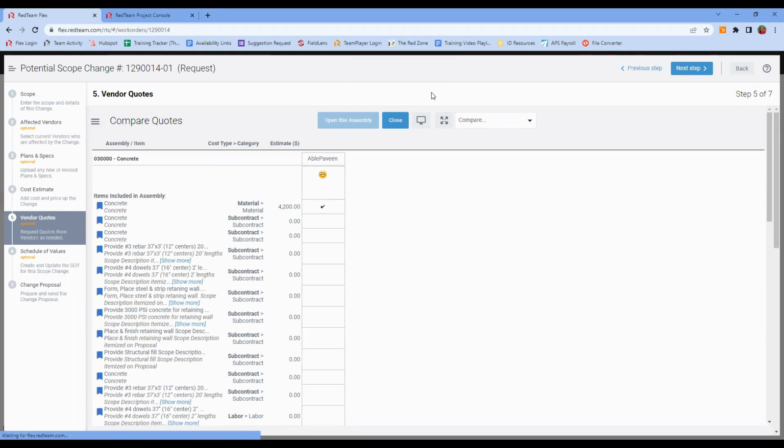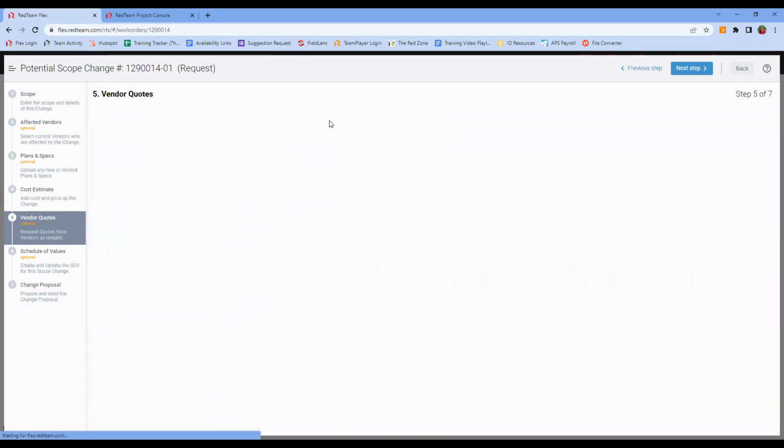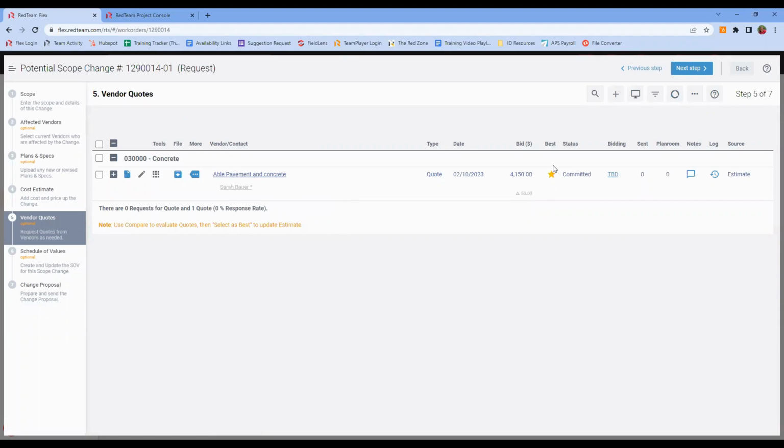So we'll hit OK. It's going to go ahead and load, and it'll highlight that they are selected as best for us. You can always come back here and unselect if you determine you want to change to a different vendor, or you don't want to use this select as best feature to tailor your estimate. When we close this back out, you can see their stars highlighted gold, so we can tell which quote we chose. And if we go back to the cost estimate,